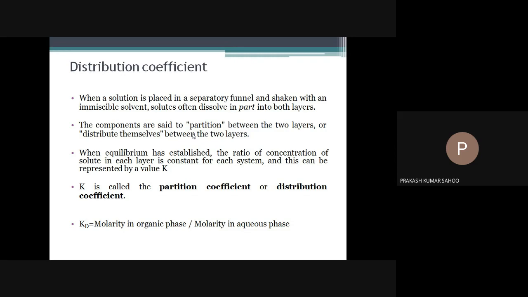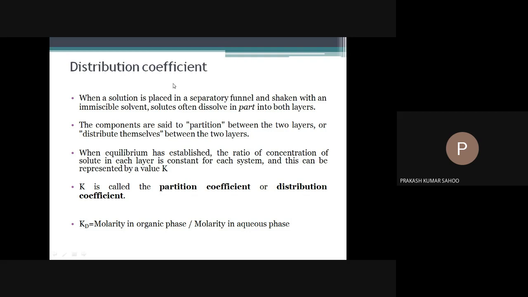There is one chemistry unit, that is phase equilibrium, and the phase rule is F equals C minus P plus 2. Okay, so the phase rule is very important to explain solvent extraction. And this distribution coefficient,